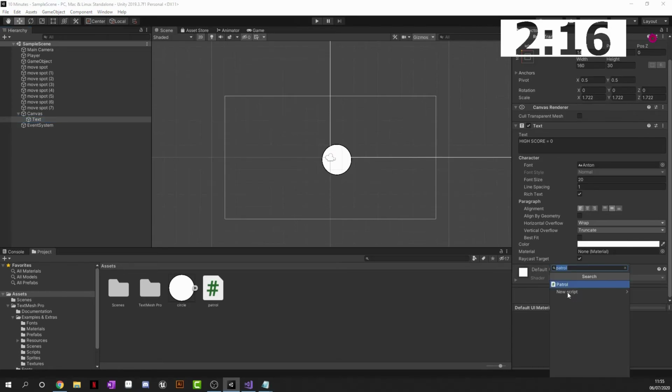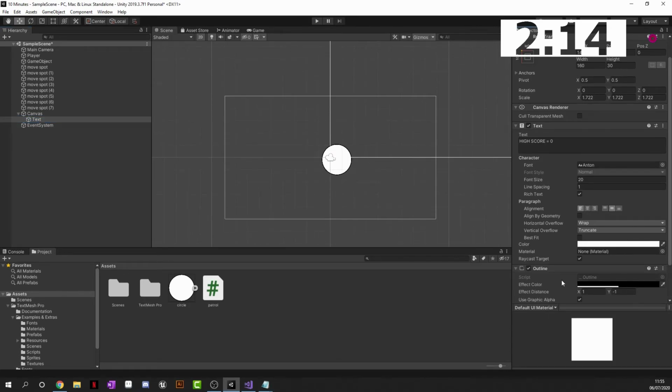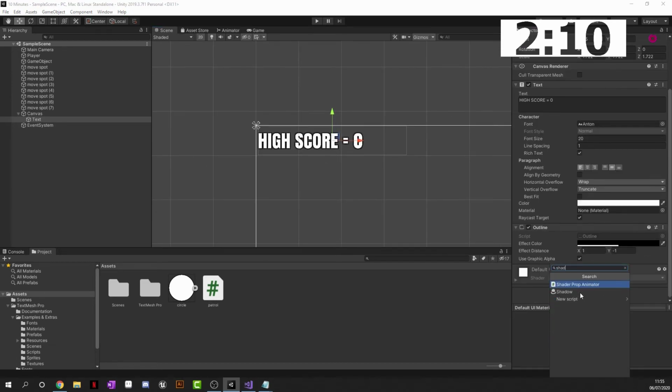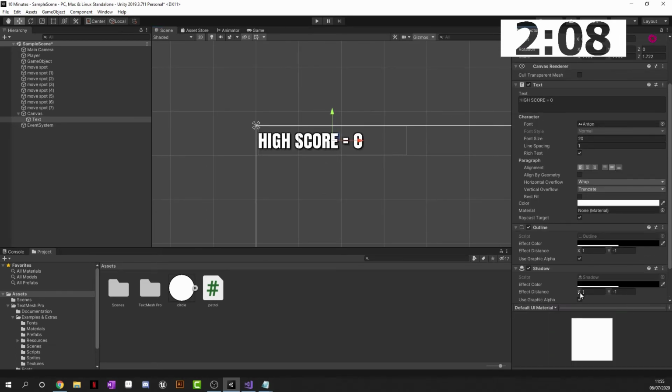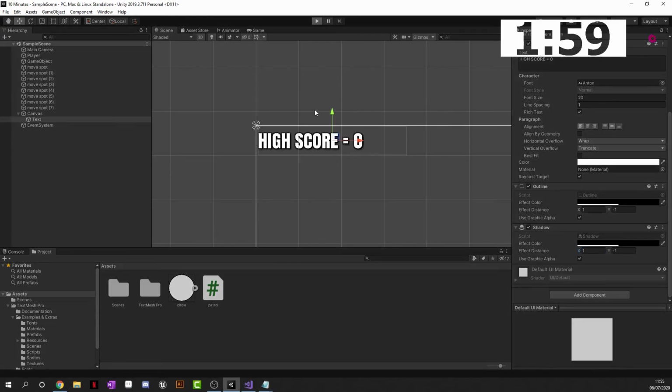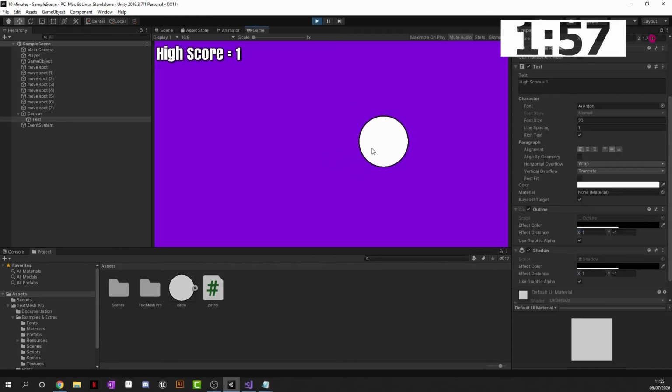We can add an outline. If we zoom in on this, there we go. That looks pretty sick. And can we add a shadow as well? Zoom that out just a little bit. Oh, that looks quite tragic. There we go. And now, in the space of 15 minutes, we've got a fully working game, which is pretty